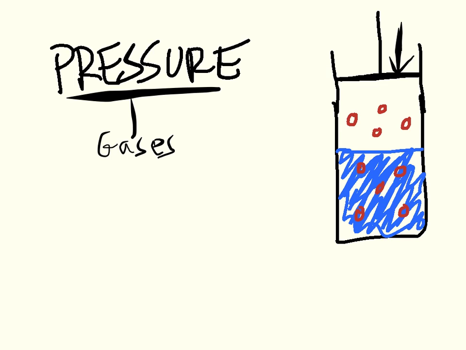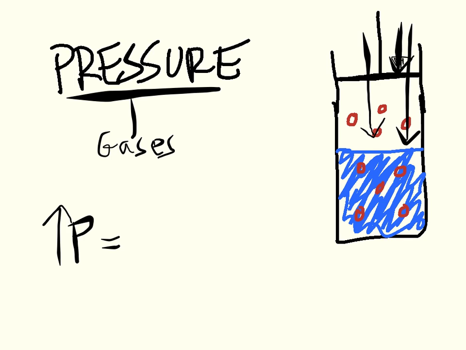So when we push this lever down, when we shrink this volume, okay, the pressure of the gas is going up. Since the pressure is going up, okay, more molecules are going to be pushed down into the solvent. So since more solute is getting pushed into the solvent, we would say that the solubility has gone up because